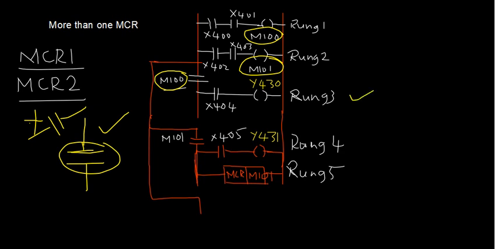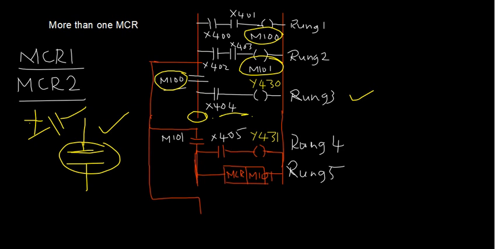Somewhere here the reset of the master control relay M100 has to come, otherwise it will have its effect on its subsequent things, because you can see here this is incomplete, right. It is not getting connected to anything. It is incomplete means either you will have an end instruction here, or you will have the intent to reset the master control relay M100. So then from M100 you will go to the next branch.